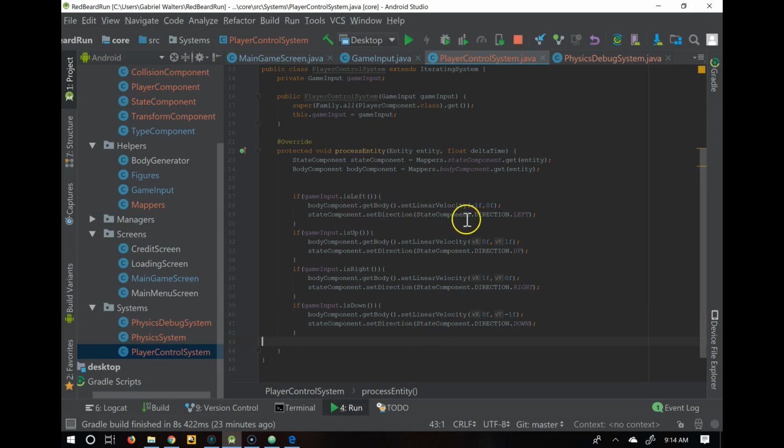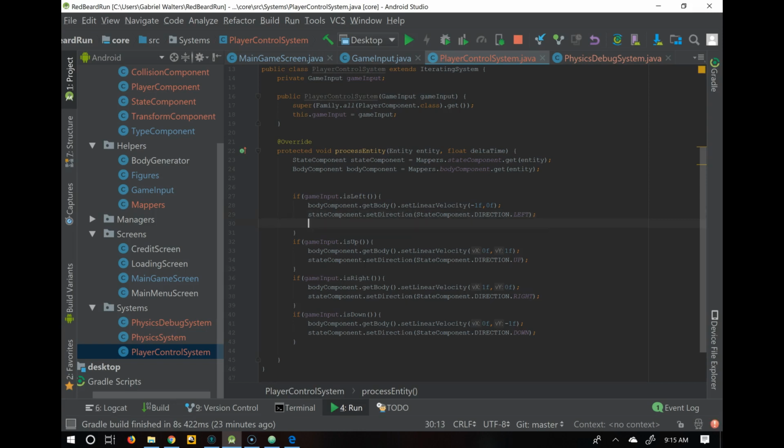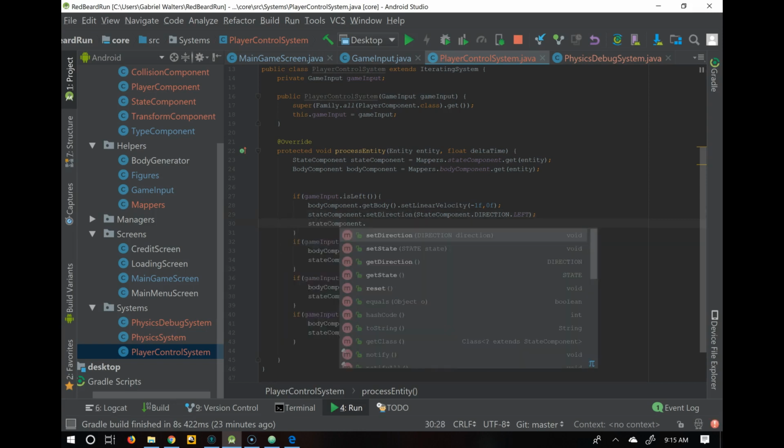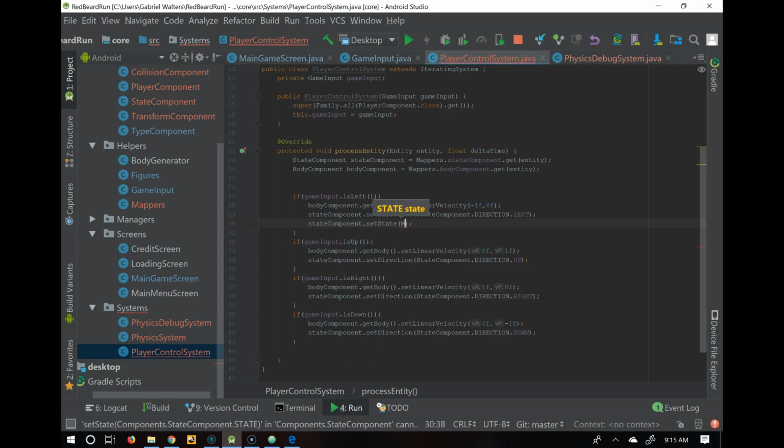Okay, now my movement would change if they're doing that. So if there is no movement, then I should be idle. But if I am, then if state component set state moving,